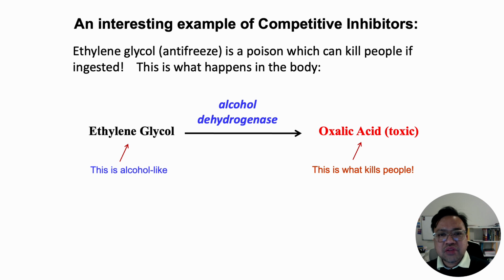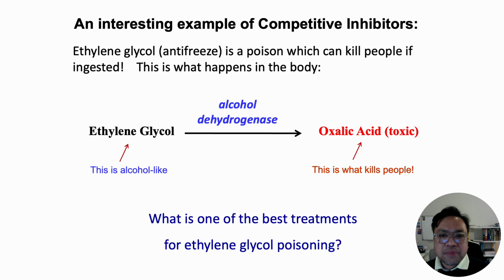The key treatment for ethylene glycol poisoning involves administering ethanol or fomepizole, which act as competitive inhibitors. These substances bind to alcohol dehydrogenase, preventing it from metabolizing ethylene glycol into toxic oxalic acid. This allows the body to safely eliminate ethylene glycol without producing harmful byproducts.